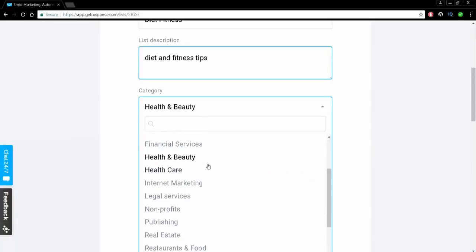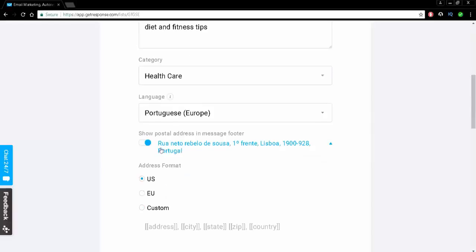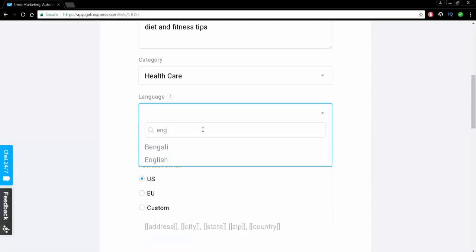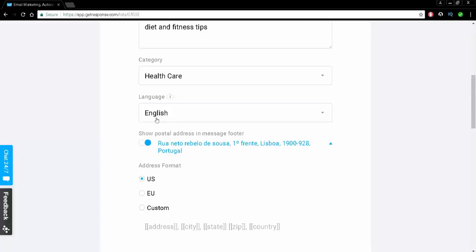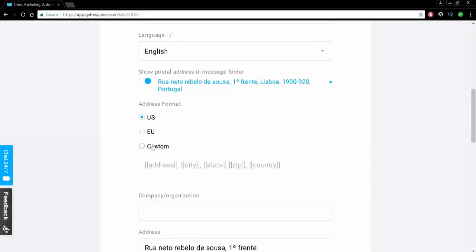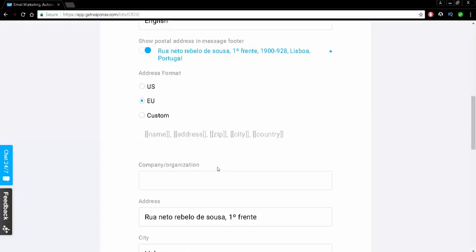It's probably not exactly the best one. Healthcare, probably. And language, I'm not going to leave this Portuguese, otherwise nobody would understand what my messages would be about. So over here you want to include the language of the messages that you are sending. So address USA, actually it's EU,